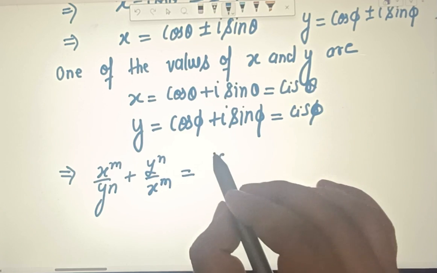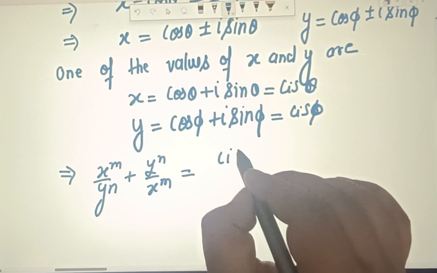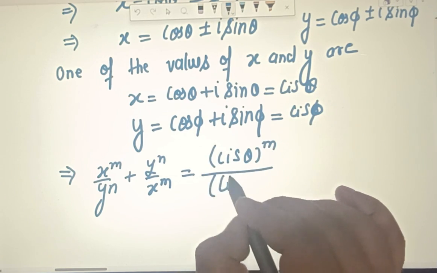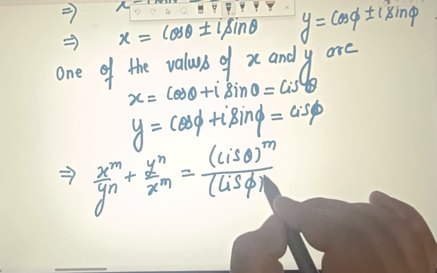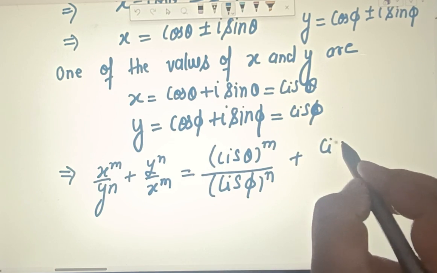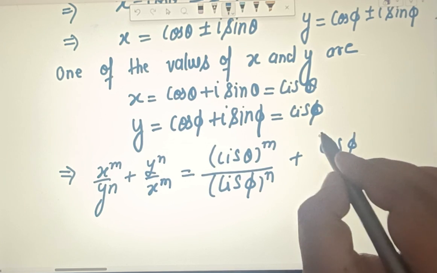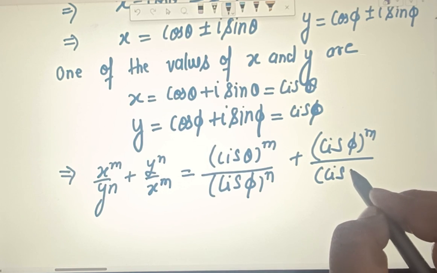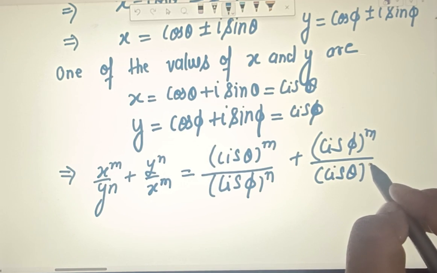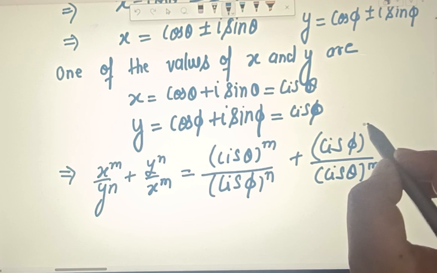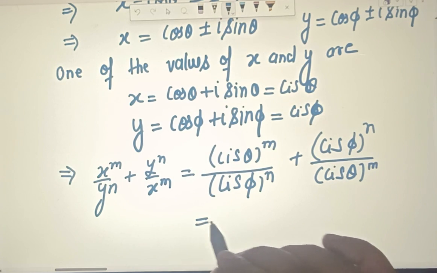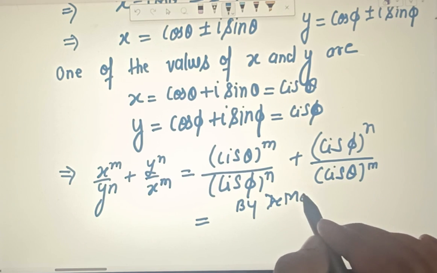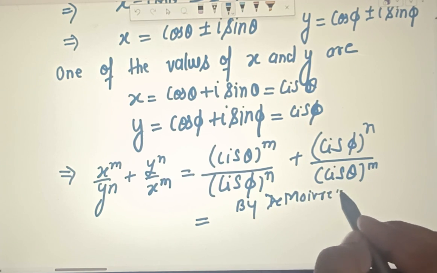So come on, in place of x I say (cis theta)^m divided by (cis phi)^n, plus (cis phi)^n divided by (cis theta)^m. Okay. So by de Moivre's theorem, you can say